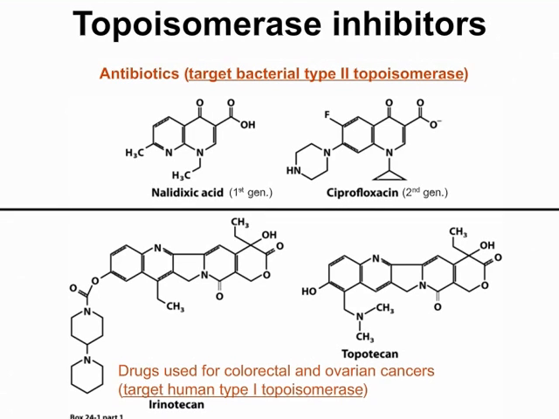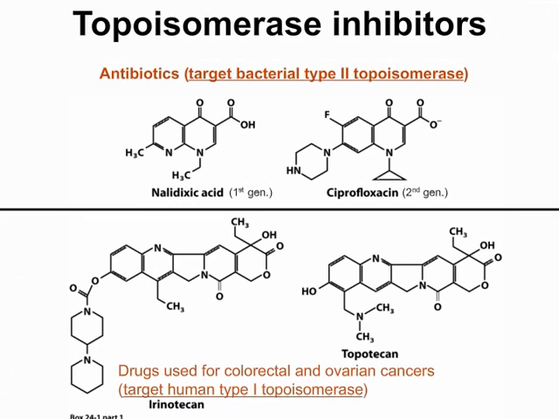So here we have our topoisomerase inhibitors. And so remember, topoisomerases help relieve the torsional strain during DNA replication. So without them, the stress on the double helix would be too great and DNA replication would come to a halt. But there are certain cases, let's say if we have a bacterial infection or if we have cancer, we